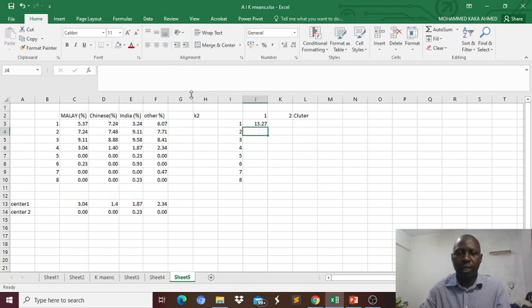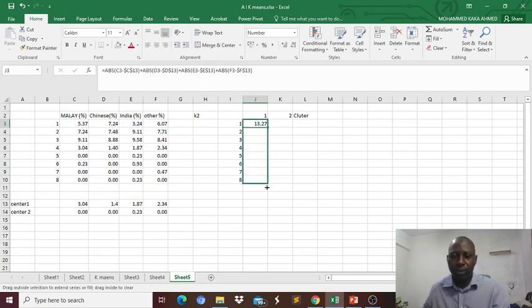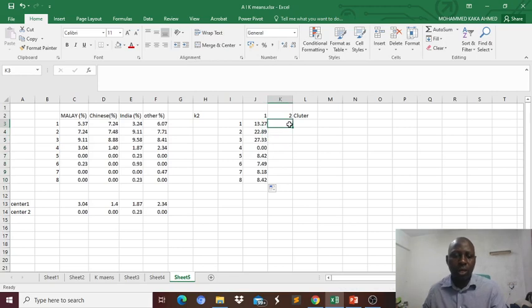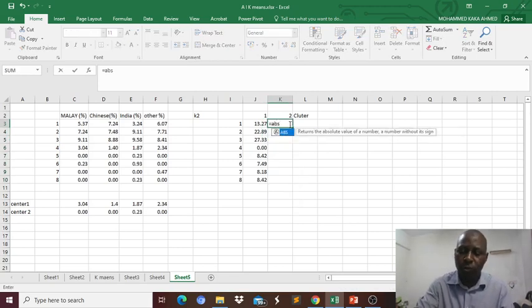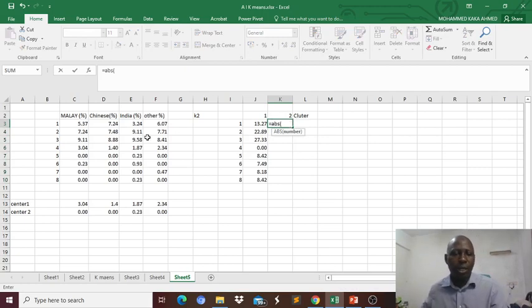So you click enter. So you drag it to affect other numbers of the element here. So this is our first cluster 1. So in the second cluster, you use the same formula equals to the absolute values of the first element and the last element,